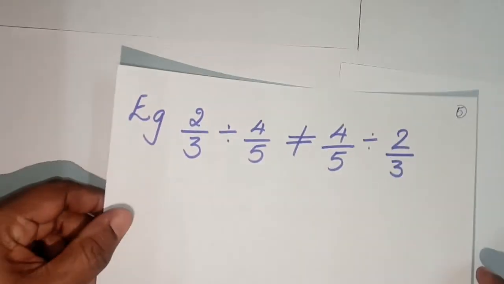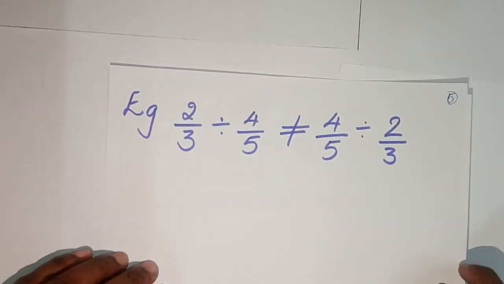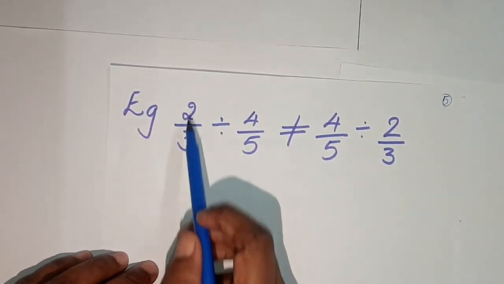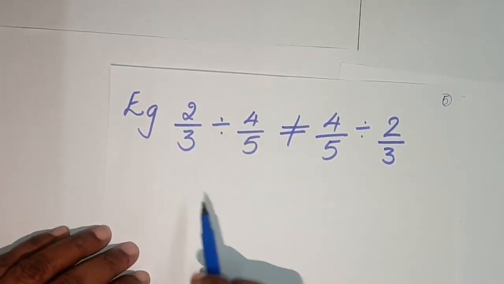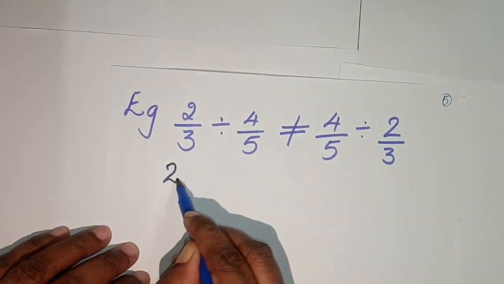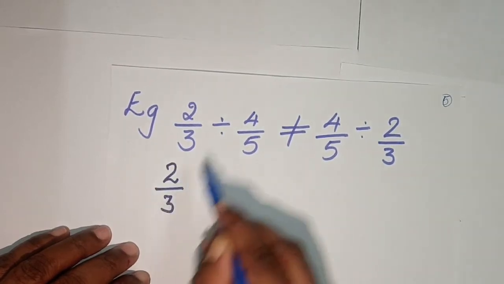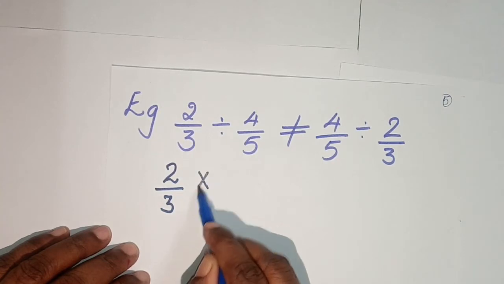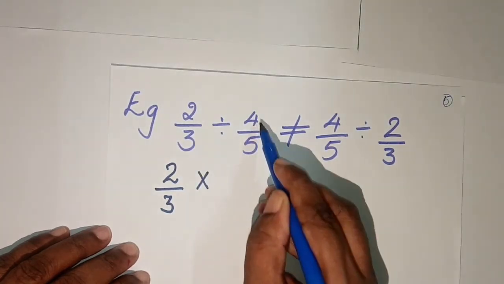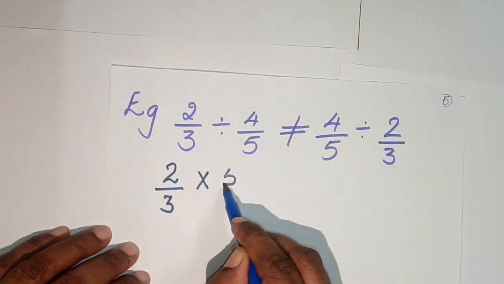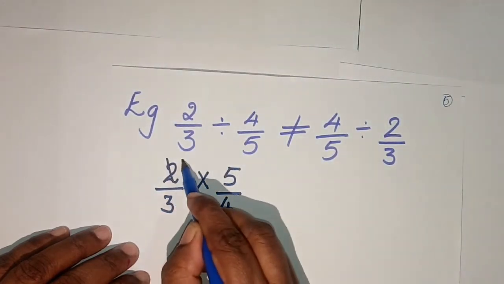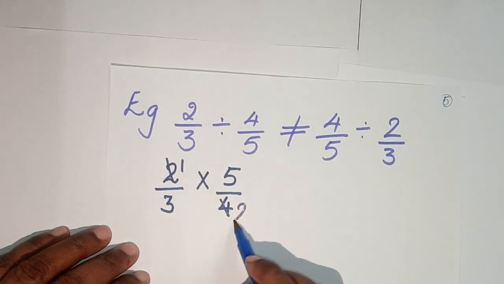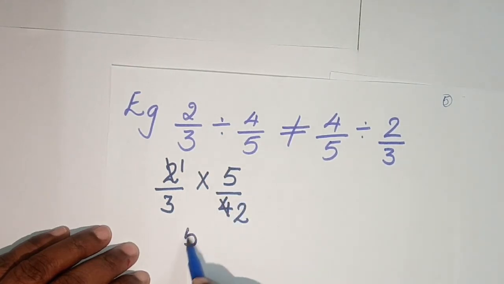Let us just check with one example. See here, 2 upon 3 divided by 4 upon 5. Let us do it. 2 upon 3, division will turn into multiplication. Multiply by the reciprocal, that is 5 upon 4. So when you divide, 2 ones are 2, 2 twos are 4. So you get 5 upon